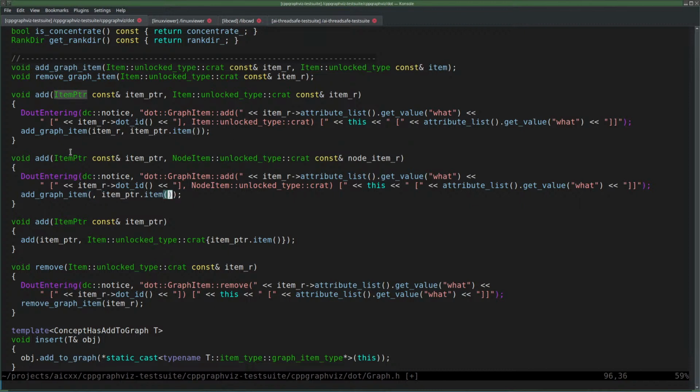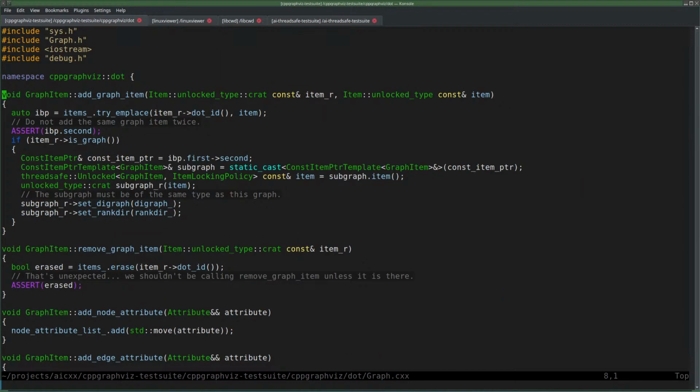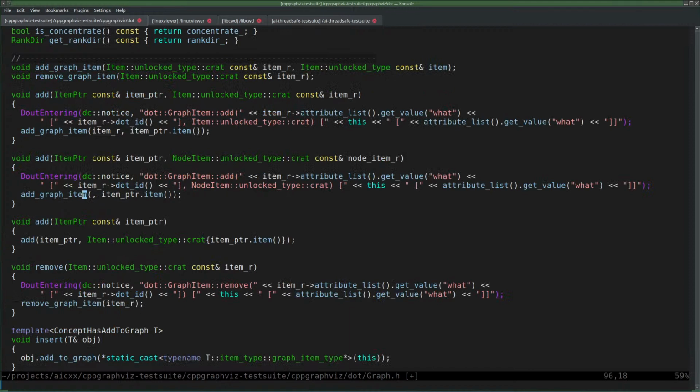This type is the same as that type, so we can just also pass the same thing here. But the first element must be an item. I've got item unlock type C-red again. That's not going to happen. No way. Which means that I have to pass the same thing as I have here and then duplicate add graph item as well. That's not helpful.